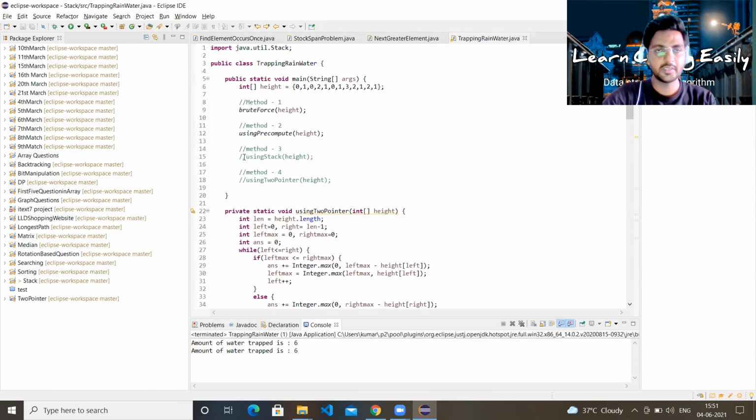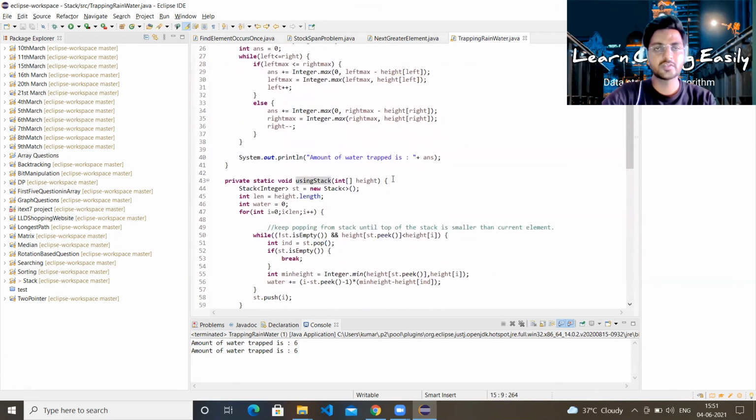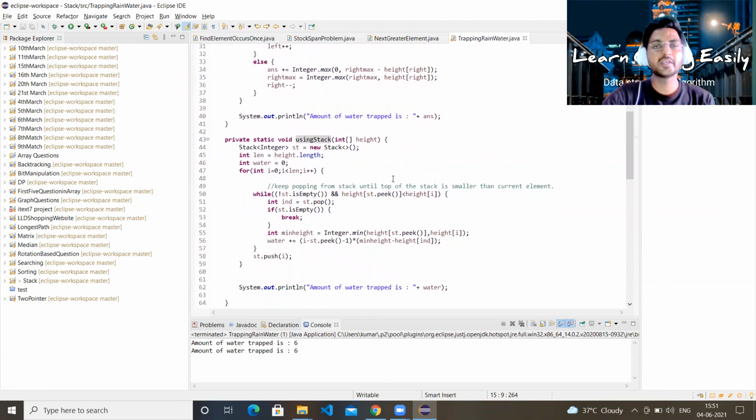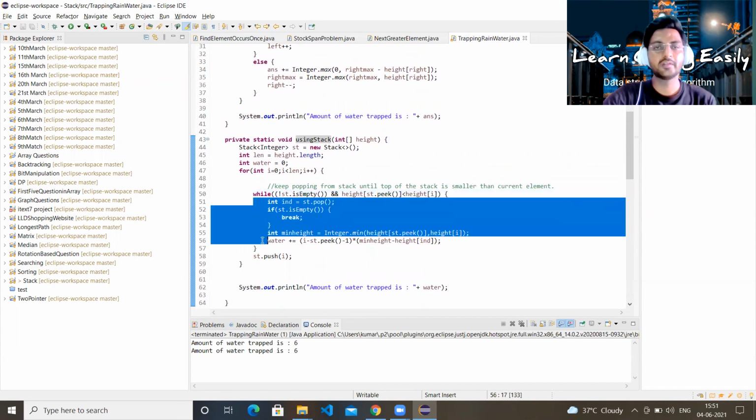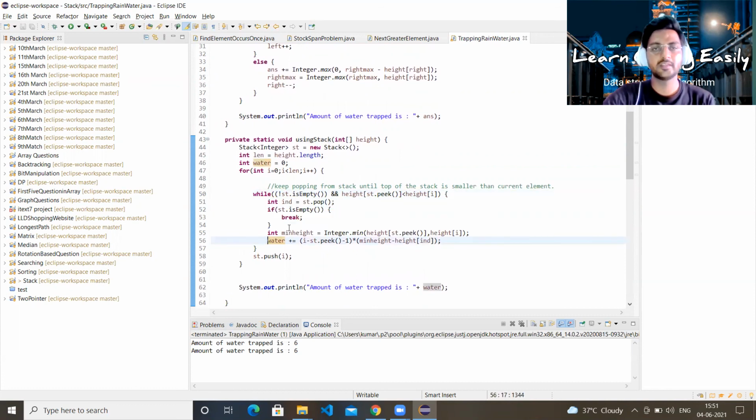Let us jump to the third part, which is the stack-based approach. Stack-based approach is also very simple. You need to keep inserting into the stack if your current element is smaller, or else pop the element from the stack. While popping out the element from the stack, you need to apply this condition: minimum of the top of the stack and the current height.